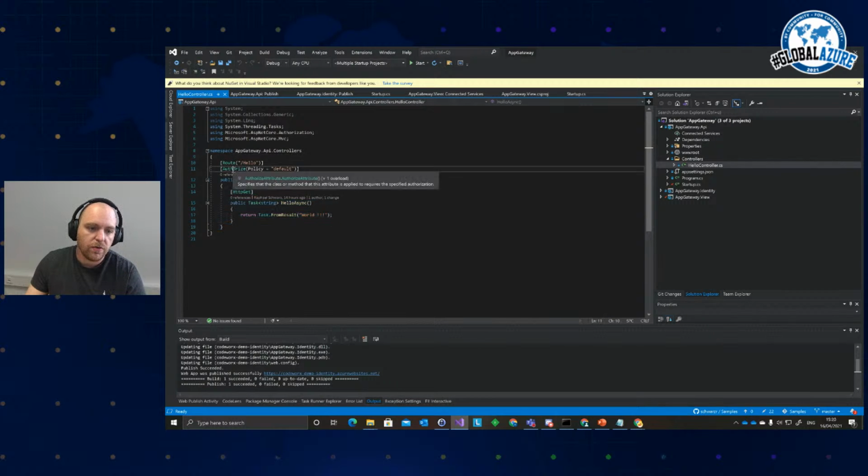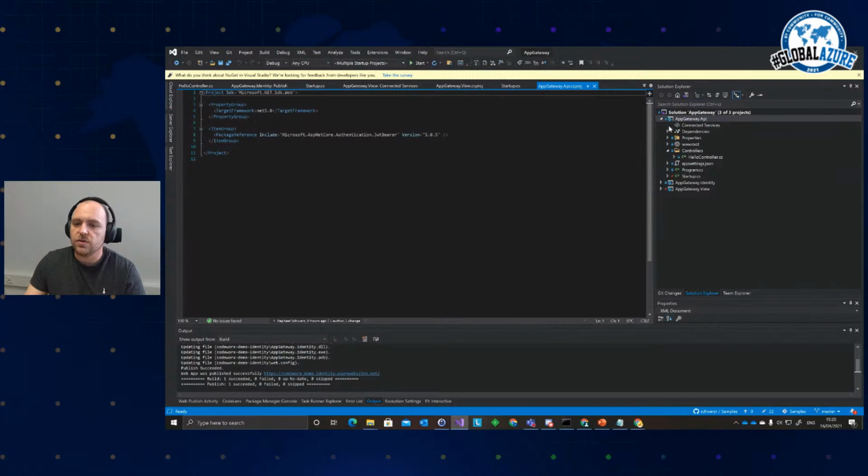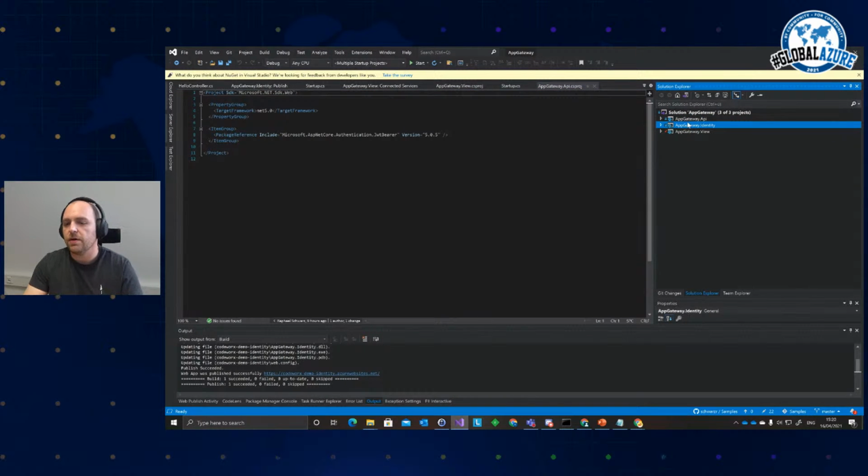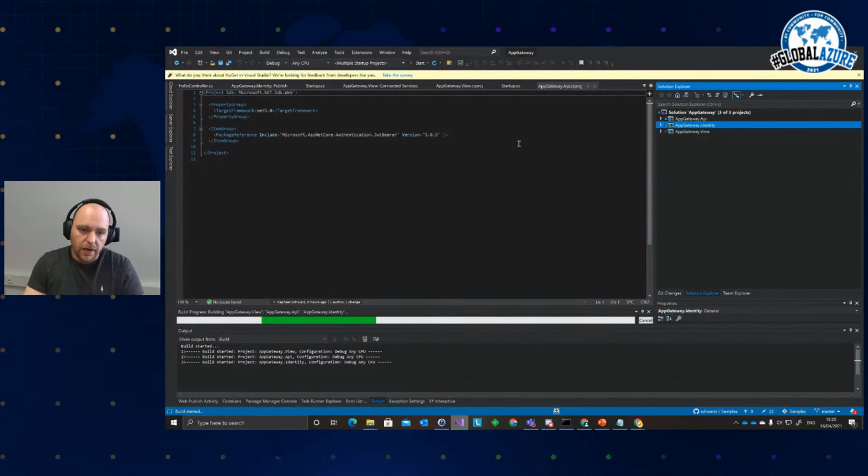So you have one controller, one route, /hello, and yeah. But we are authenticated and authorized here. So this service is only callable if we get a token from this identity microservice and show it to our backend. Yep. So if I start this application locally,